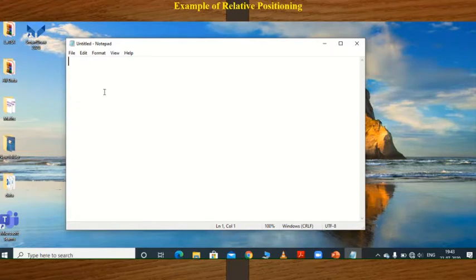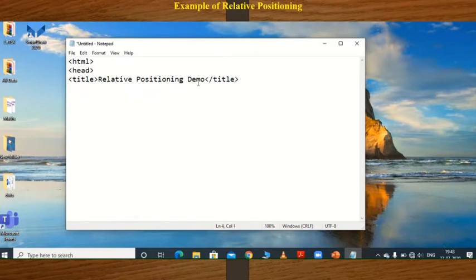Now we will start the execution of relative positioning. First the HTML tag, then head, then title. I want to give the title as relative positioning demo, then close the title.